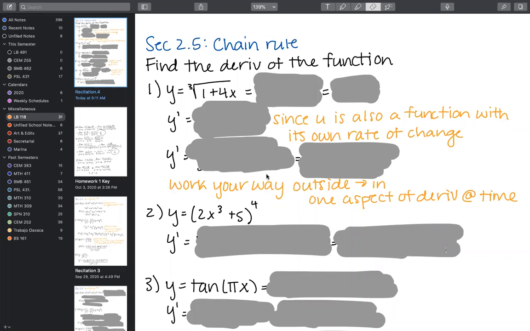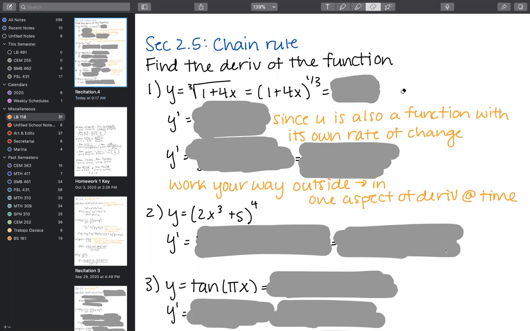With these problems, when you start out, especially if you have a cube root, square root, something like that, you're going to have to do some manipulating ahead of time. It's not all that difficult as long as you're familiar with translating between fractional powers and square roots, cube roots, whatever it is. Since we know we're going to have to do the power rule on this because it's got a power, even though it's presented to us in a cube root, we're going to have to put it into its fractional power form.